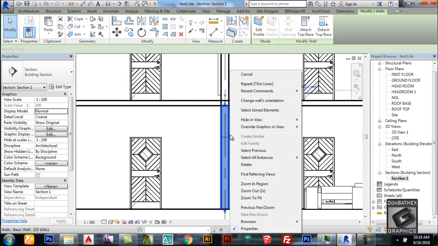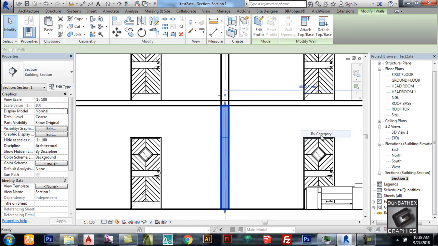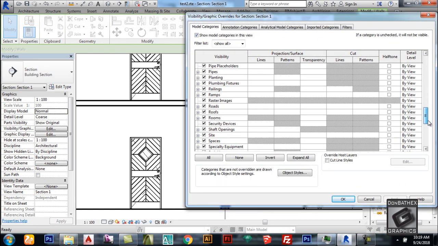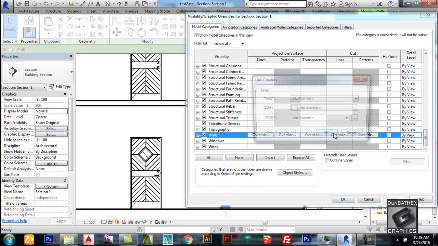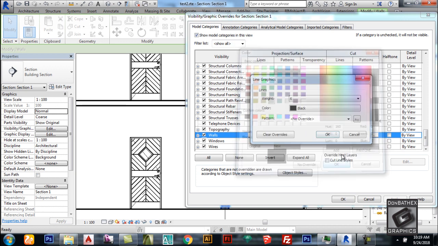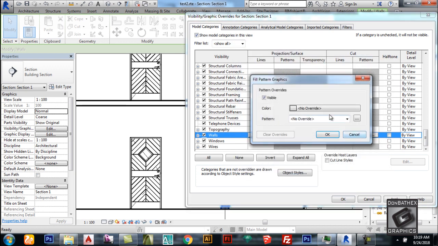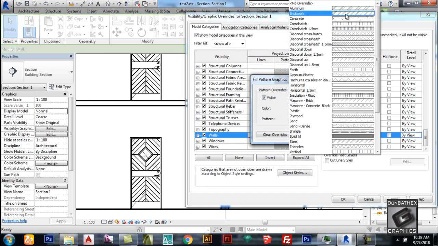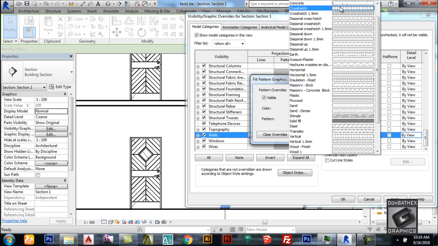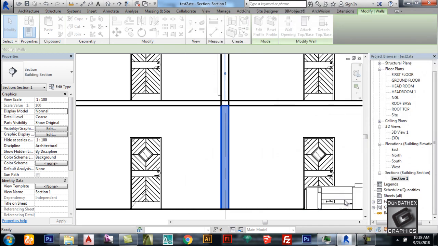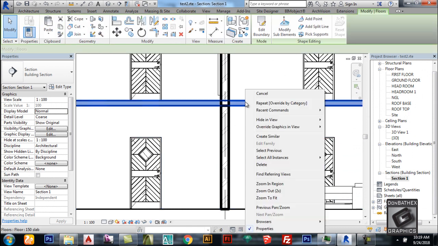This is a wall. Right click, override graphics in view by category. Then open this. Scroll down to where we have wall. And remember these are our settings. Color. Then okay. These two can be on this. Then pattern. Brickwork. Then okay. Then for floors,